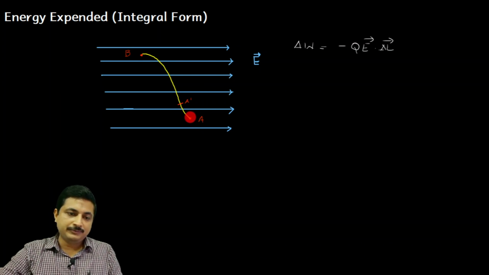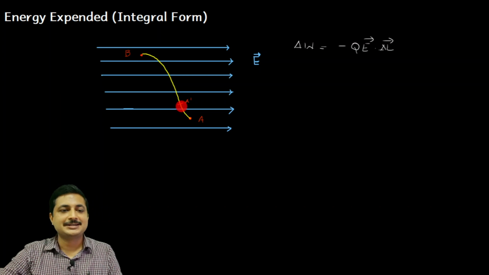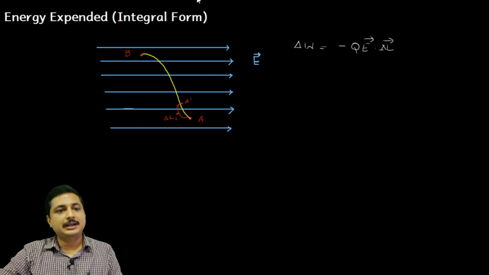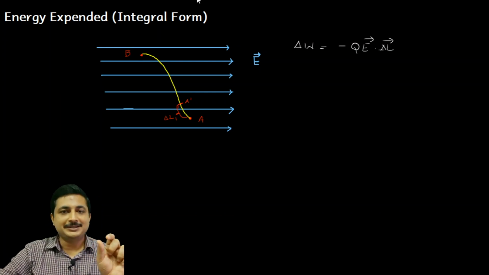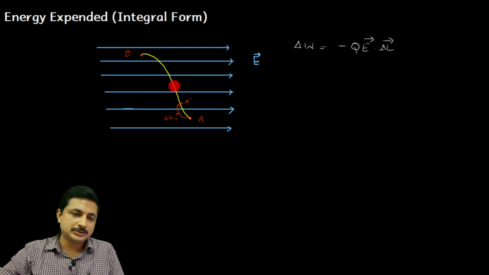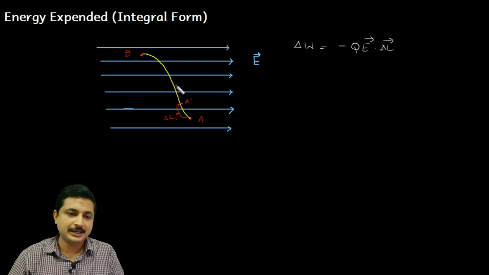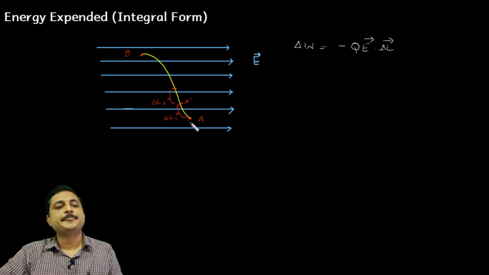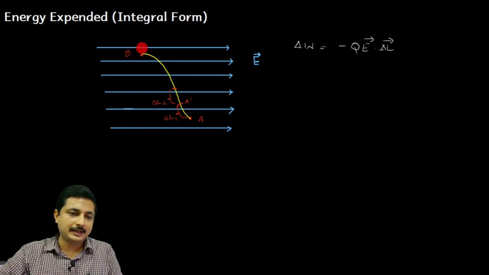When we are pushing Q from A to B, we will not directly reach B, right? We will do it in small steps. So, let me consider that I have moved it initially from A to A dash, and the path length is delta L1, a small differential path. Then from this A dash, I will move again to another point, maybe A double dash. I can mark another point here, and this is differential length delta L2. This way, taking small steps, I reach B.